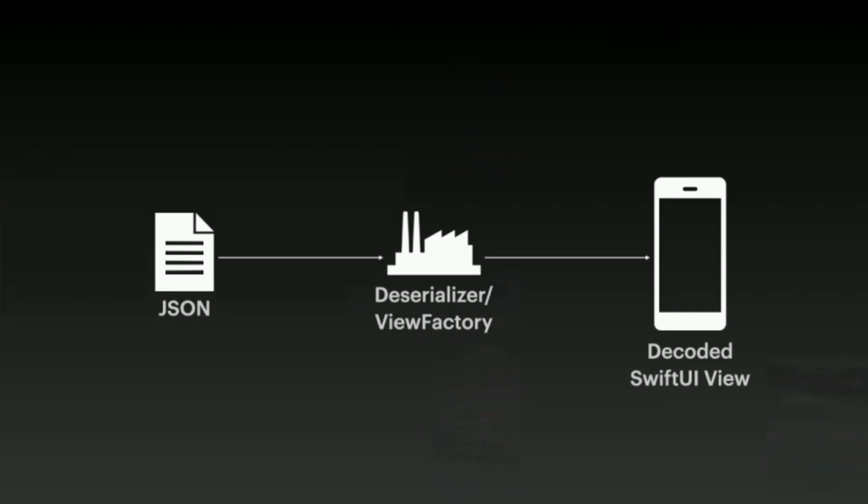But if we're looking at it just from an architectural perspective, then we have our JSON that is now no longer describing the data that we are displaying, but it's describing the layout. It's a bare layout backing structure, and it can go down as much as you want it to be, right? If you wanted to encode every single SwiftUI view that Apple delivers with the iOS SDK today, you could do that and could literally recreate any view that you would usually create at compile time and deliver to the App Store. You could create that from a backing data structure in JSON and change it at runtime, right?